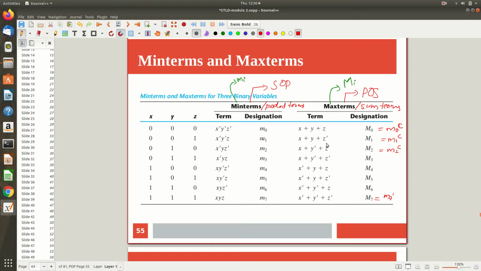Another way of looking at it is, when you are writing a minterm, if a variable is 0, take it as complement. But in a maxterm, if it is 0, take it in the pure form. If something is coming as 1, take it in the complemented form. So you study only one concept, sum of product, and the product term you make clear in your brain. Just do the opposite. The terms will be complemented when it comes to product of sum terms. And we will see why they are equivalent, so that it will be more convincing for you.